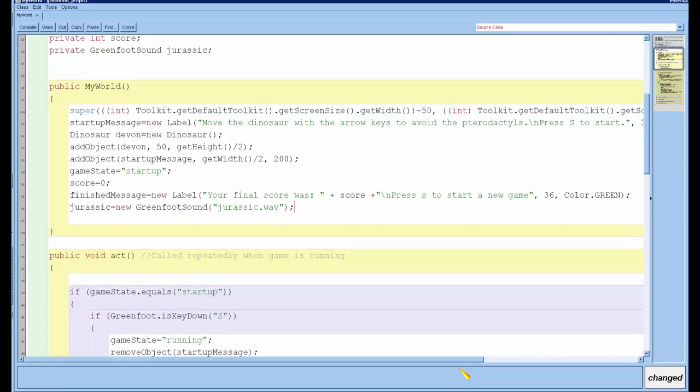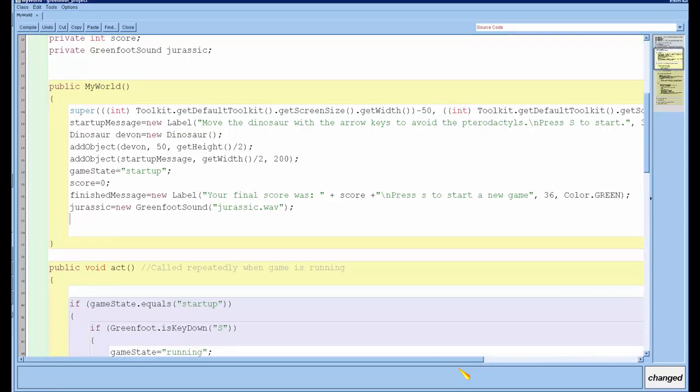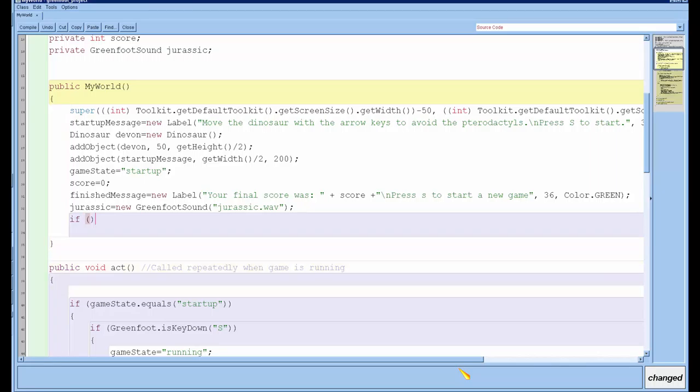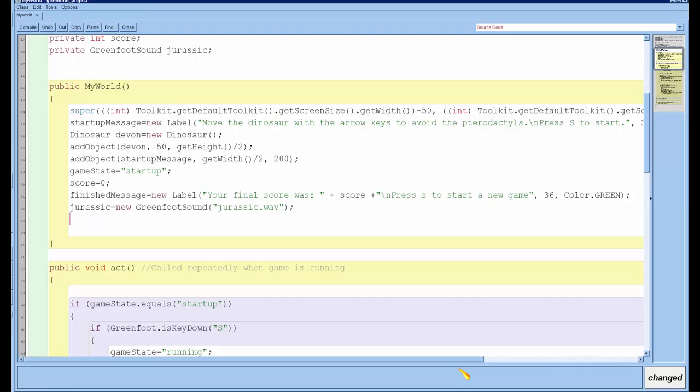And then I'm going to start it playing: Jurassic.play. Oh, I know. If I want it to repeat, I can say if not Jurassic.isPlaying. Well, you know what?